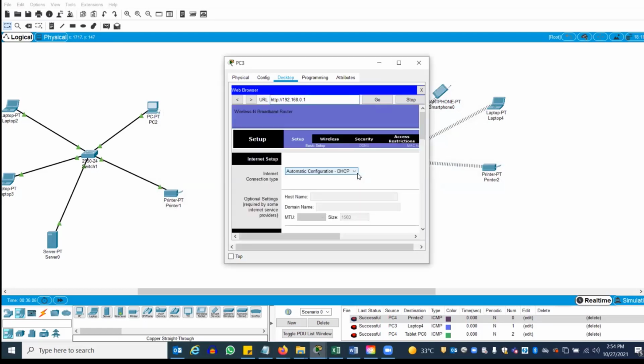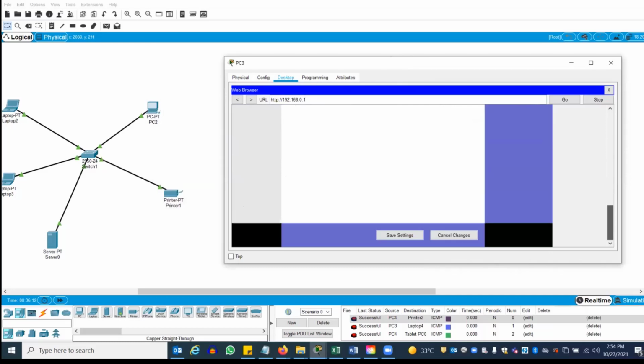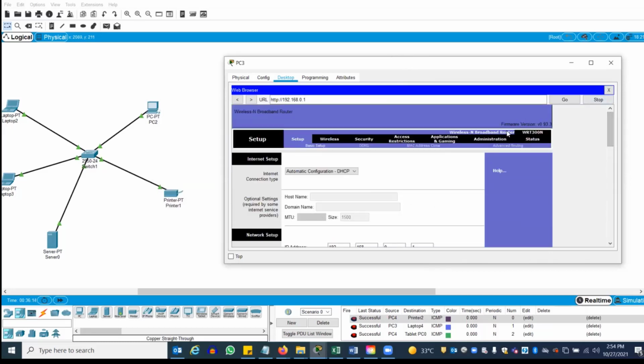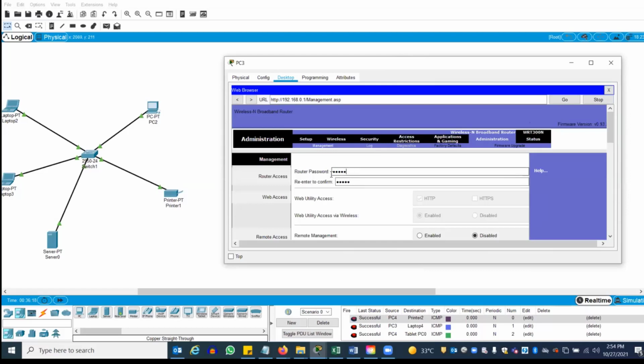Okay. See, now we can see the same GUI from the router, right? Same thing. So if you want to change, go to administration, change the router password. Change it to admin123 and save it.